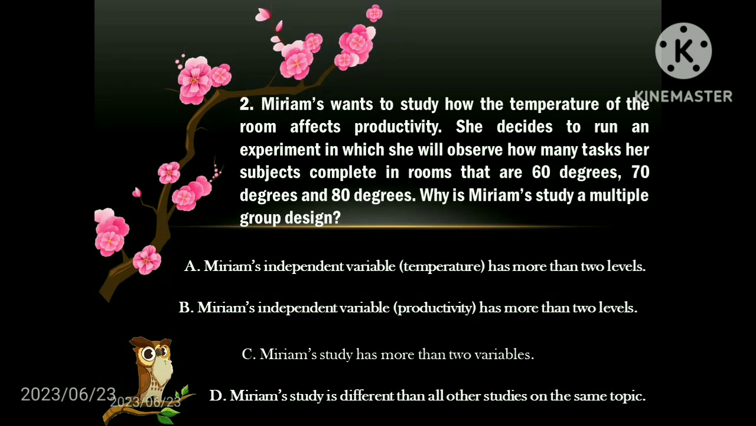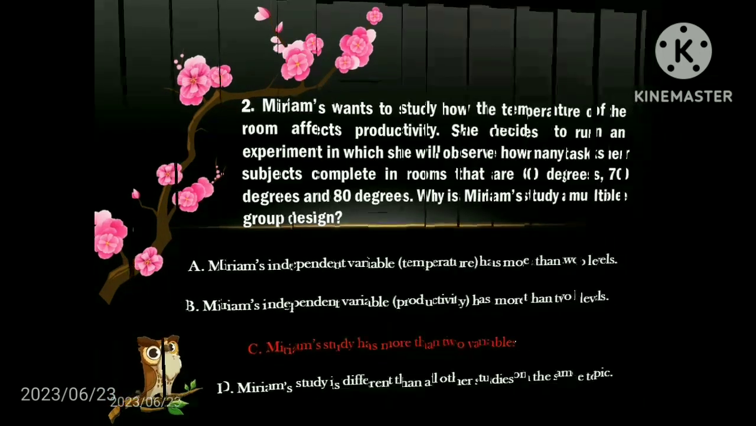Okay, so let's find out. So, letter C. Miriam's study has more than 2 variables. Okay, next question is,